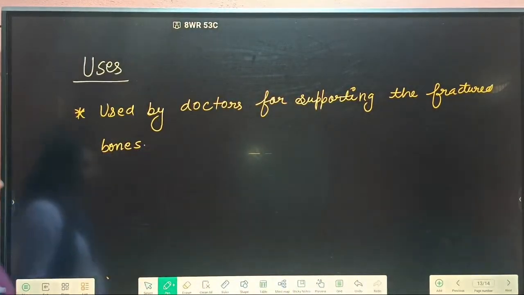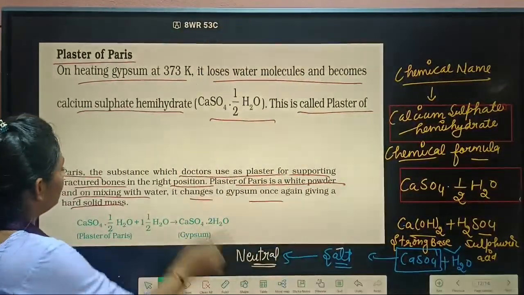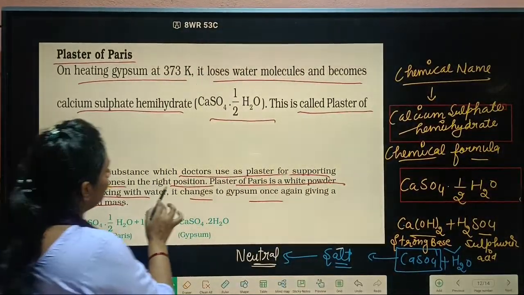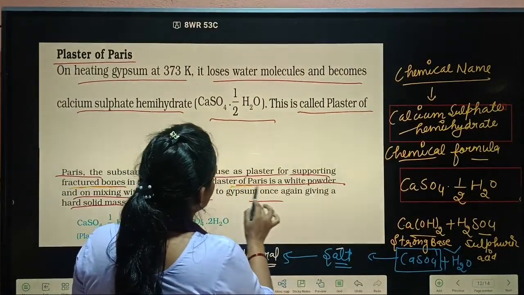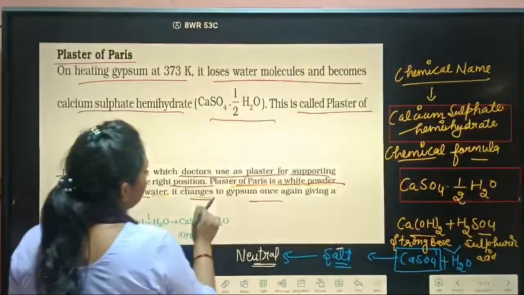Okay, now we will see the second point. Fractured bone in right position. Plaster of Paris is a white powder, and on mixing with water, it changes into